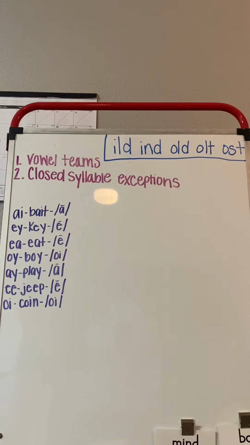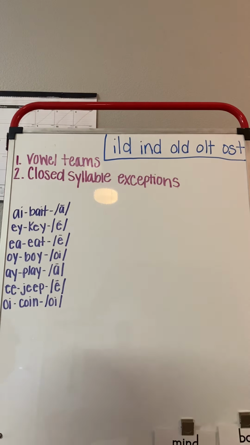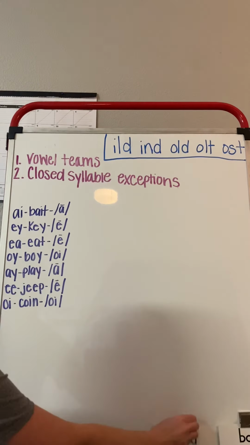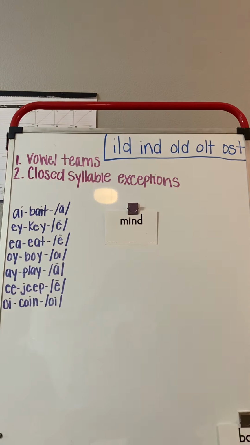Okay, so we're going to take a look at some of our words of the day for Unit 3 to help us understand that part a little better. So if we look at our word mind, if we were going to tap that word out, we would say m-ind, mind, okay? IND is still a glued sound, so it's stuck together. We get 2 taps and it makes a long vowel because it's a closed syllable exception, okay?